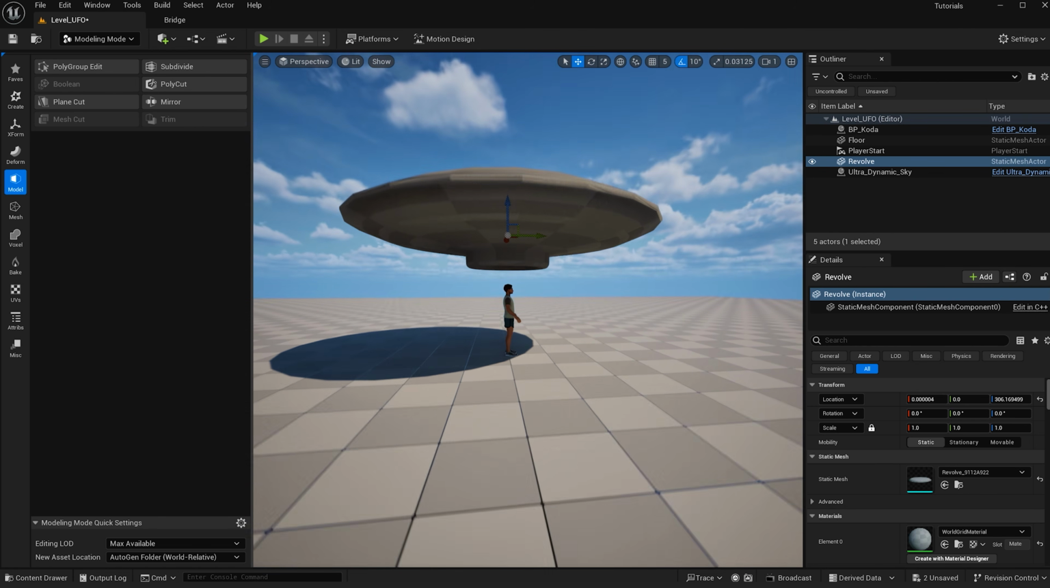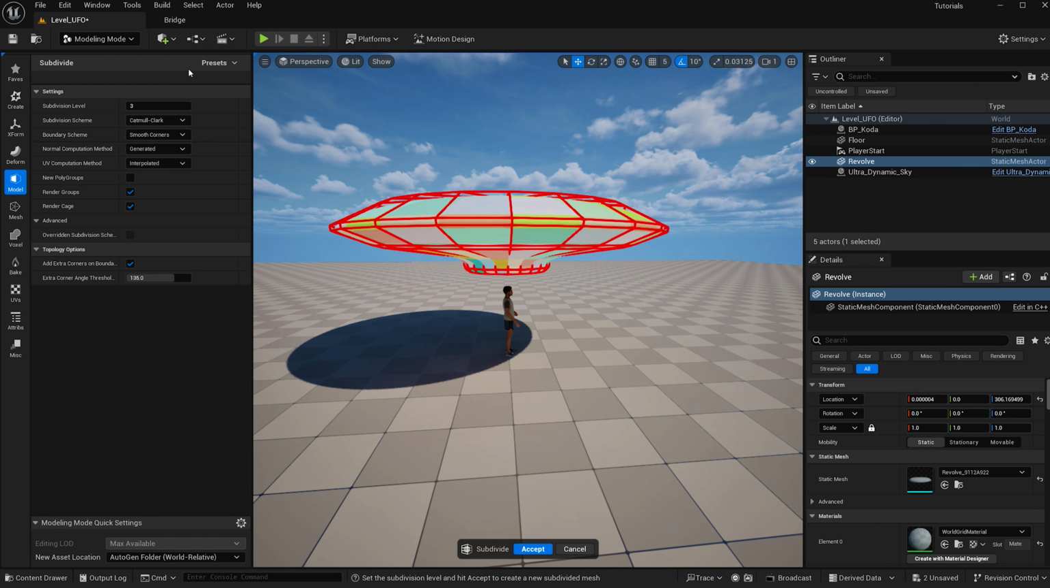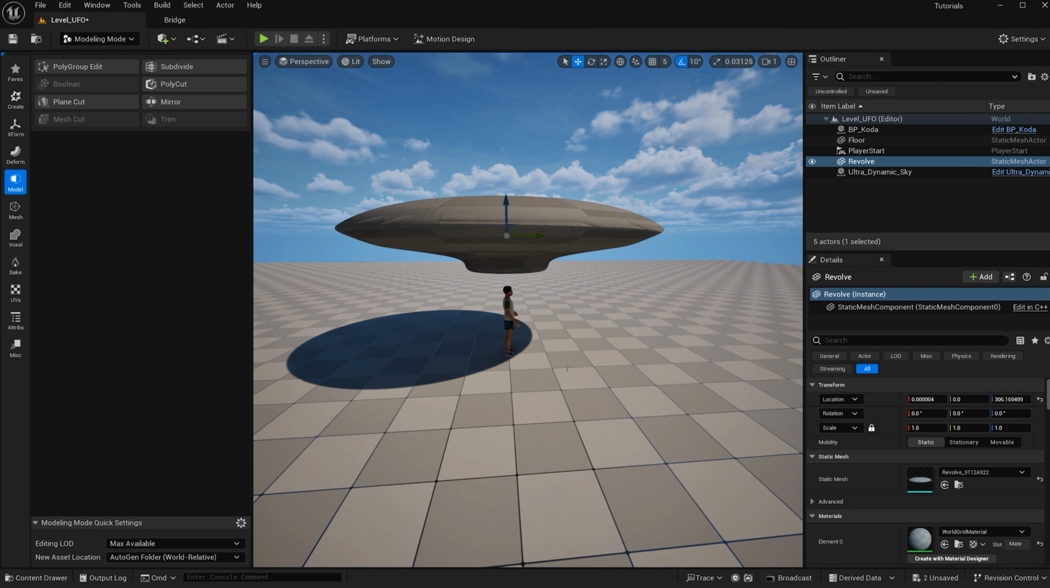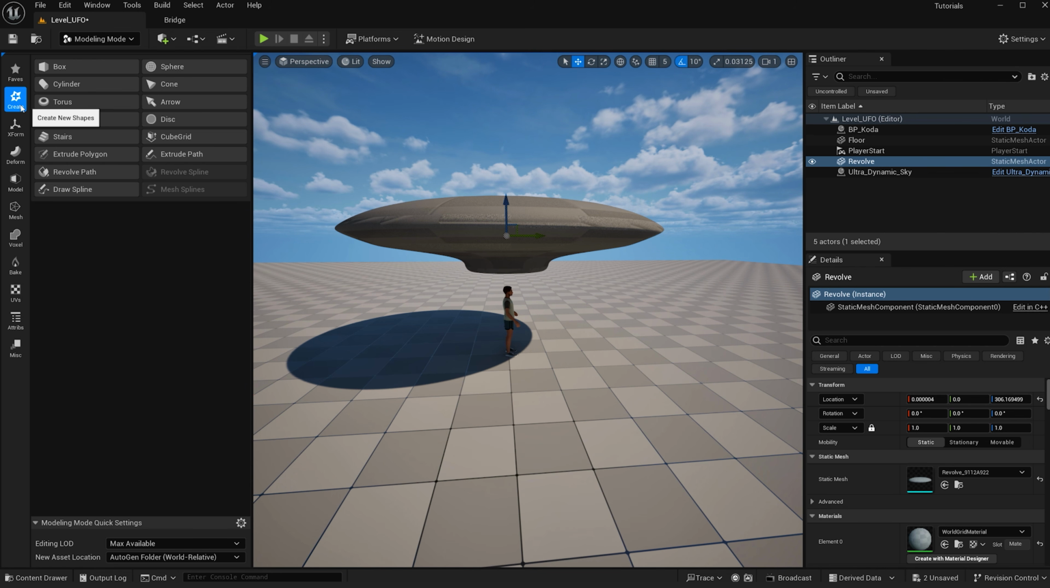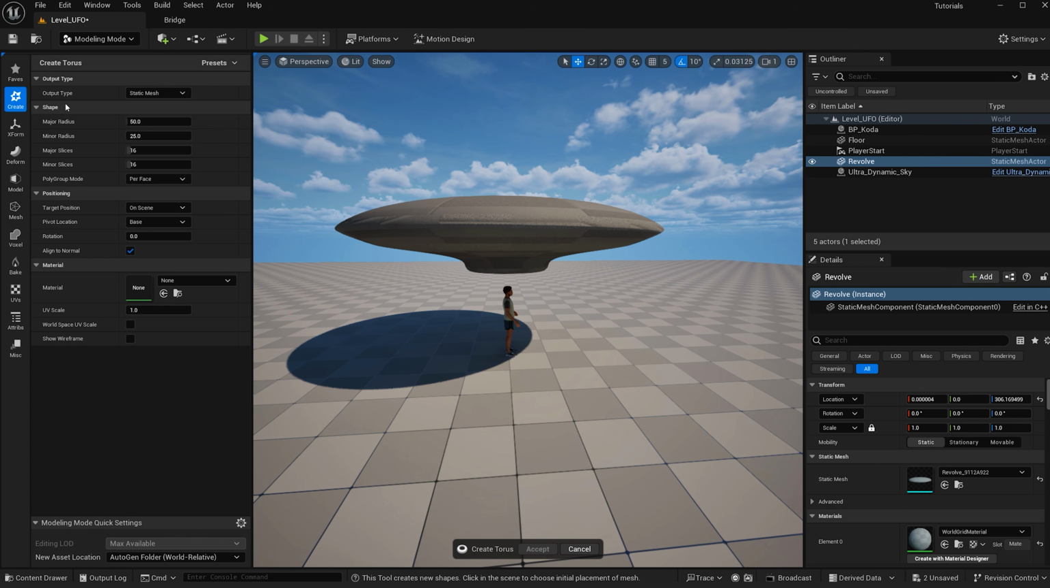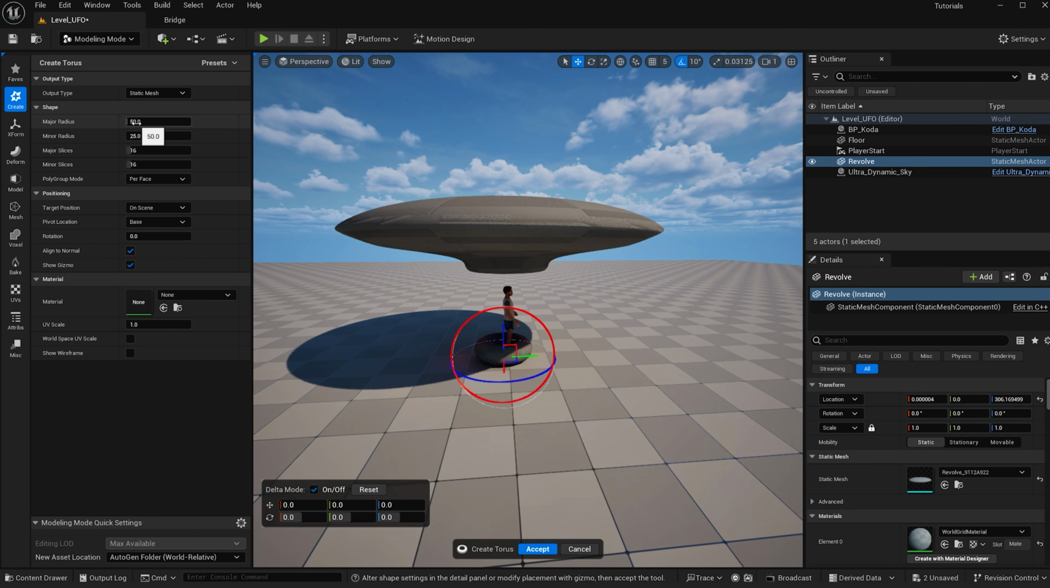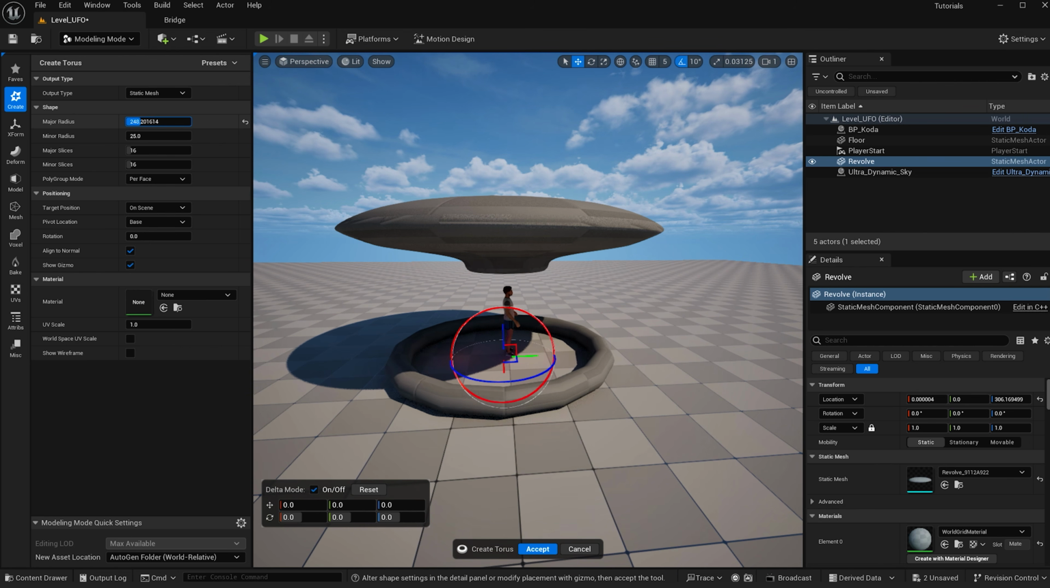And to make it even more smooth, I'm going to go to subdivide here, and I'm going to change the normal computation method from generate to interpolate. And then I'm going to hit accept. And now I'm going to go back to create mode, and I'm going to start building out geometry for the lights of my UFO. So I'm going to add a torus, and the major radius makes it bigger, and